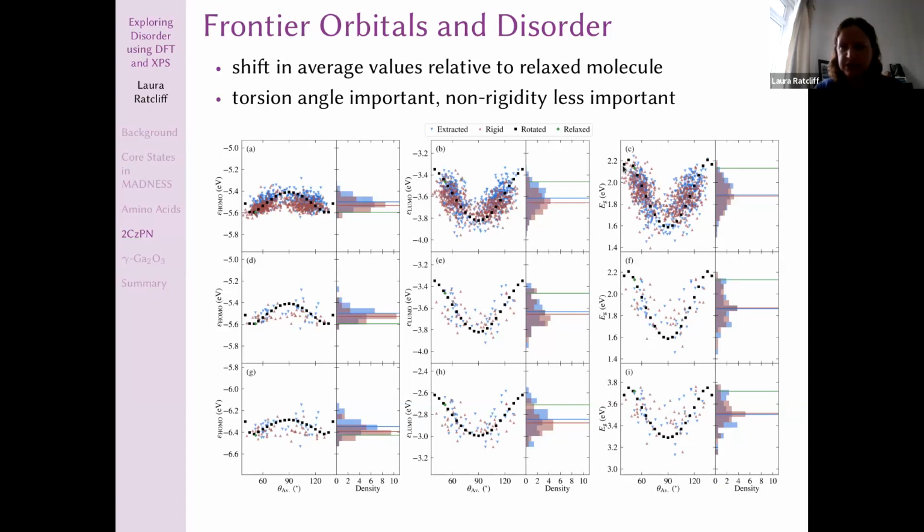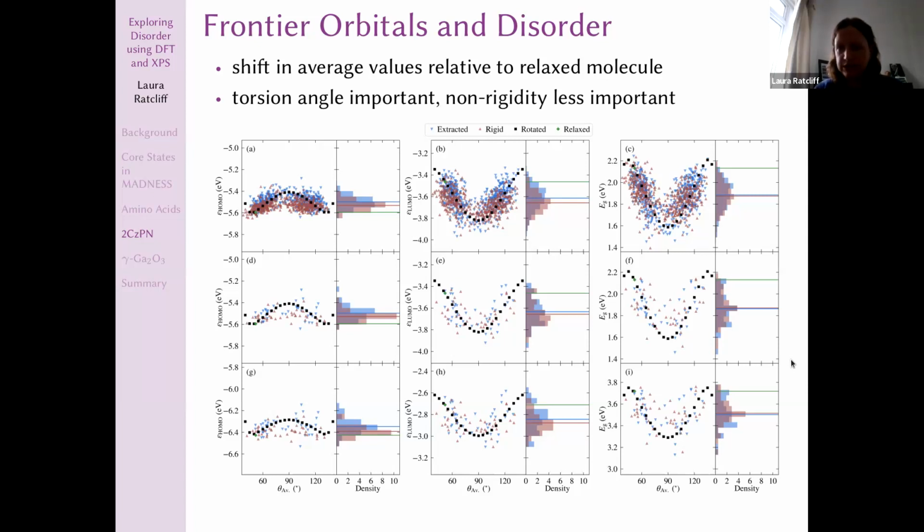And there are various things going on. The functional is important for the absolute values, but we can see some nice trends with torsion angle, particularly for the rotated molecules. We also see this disorder in the spread of values for the HOMO, the LUMO, and the gap. But at least the overall trends are relatively well preserved by looking at the 42 molecules compared to all 500, so this reassured us that looking at the 42 was okay,